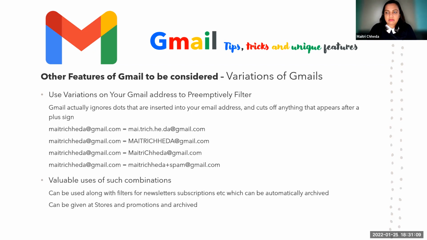Okay, similarly I also use this in my office, where there's a single inbox which has been used for my office, and staff is accessing a single inbox. That's not the ideal situation, but in case staff is just accessing a single inbox, what you could do is say Maitri Chheda plus that person's name @gmail.com, and then all the emails which you send to that person will go to a specific filter which you have defined in advance.